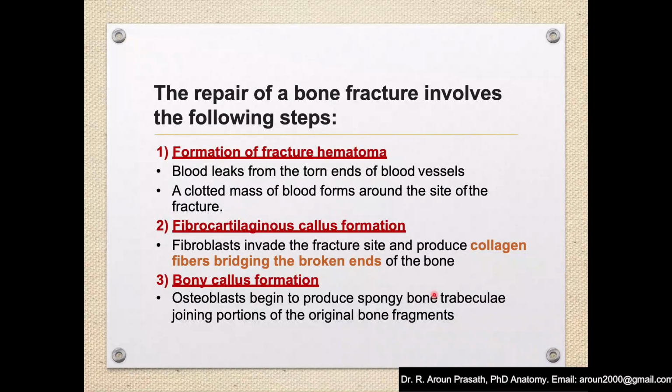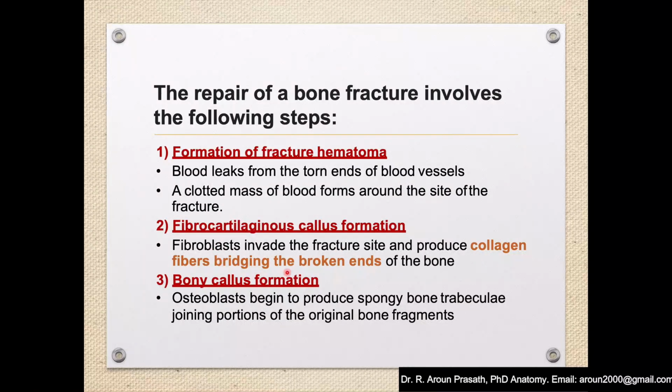Okay, so whenever there is a fracture, there is formation of hematoma. What is hematoma? Accumulation of blood in the fracture site, or any place where there is accumulation of blood, we call it hematoma. After the hematoma forms, within 48 hours the inflammation will start at the fracture site. When the inflammation starts, you have to keep the bone without any movement. So there will be gradual formation of callus tissue at the hematoma inflammation site.